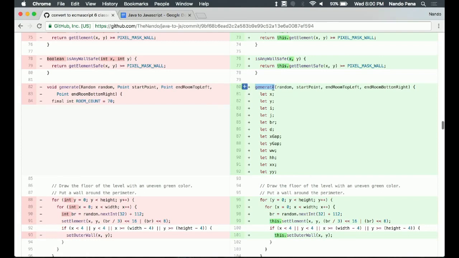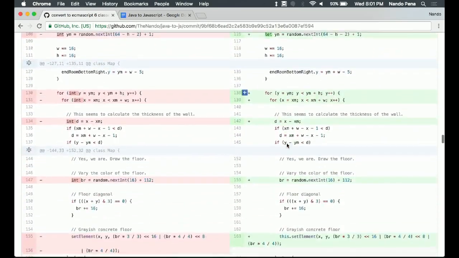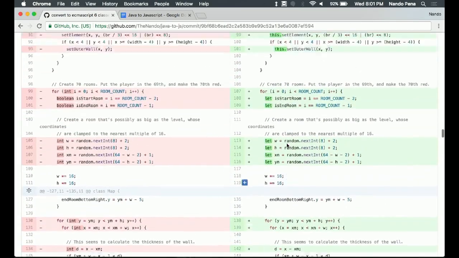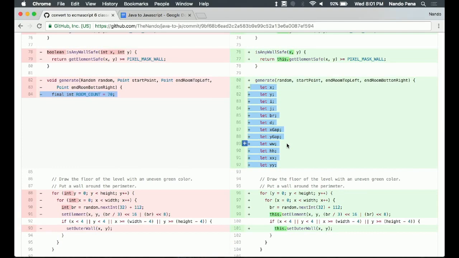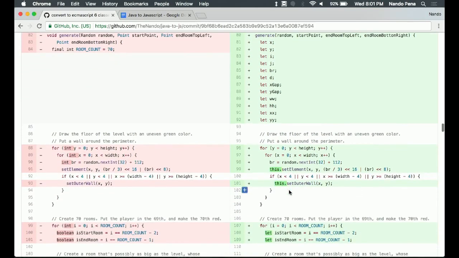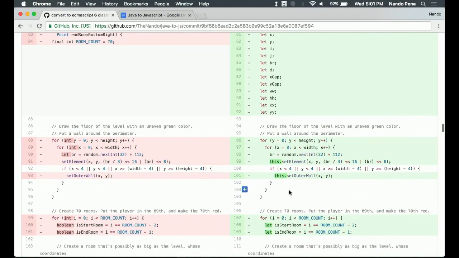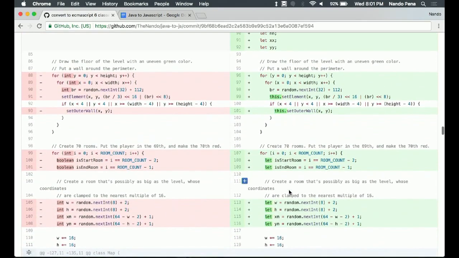This generate function is only going to happen once at the beginning of the map, but there are other examples all throughout the code where you can see I'm going to pile up a whole bunch of declarations at the beginning, rather than strewing them throughout the function, and that's for performance reasons. I think also, if anyone uses linting whenever they write their code, who knows what linting is? If you use linting for your code, they'll recommend you do that anyway. For ESLint, which is the one I use, they say, hey, define your variables in a higher level of scope just because it's more performant.